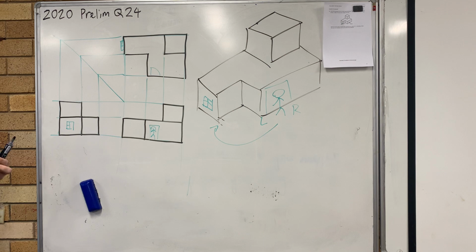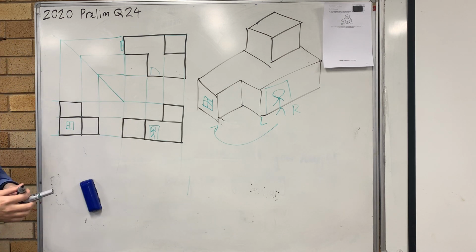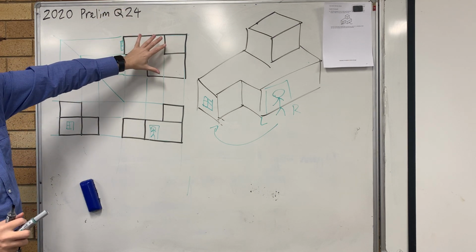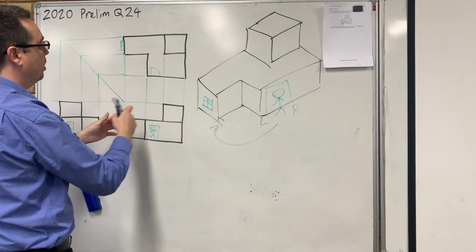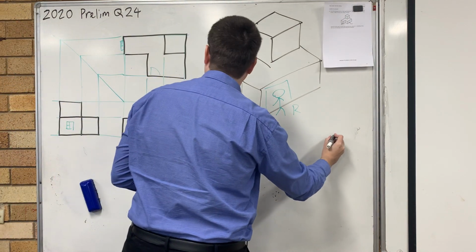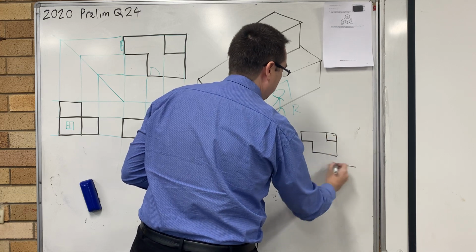What am I looking for? I do like to see a difference between your construction lines and your thick dark lines. The main thing I'm looking for is you understand that in third angle projection, the top view is on top, and that these objects need to be directly in front. Sometimes we see people who draw, say, their top view over here. They draw everything right, but they draw the front view